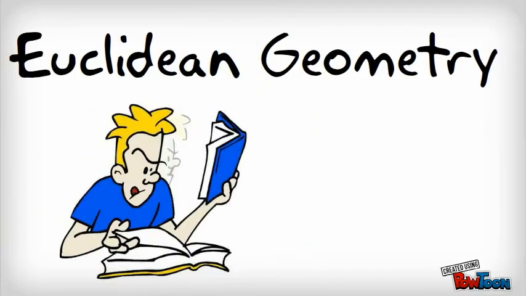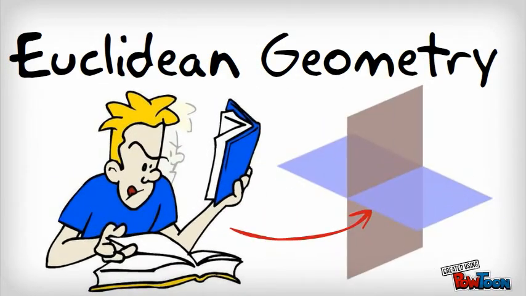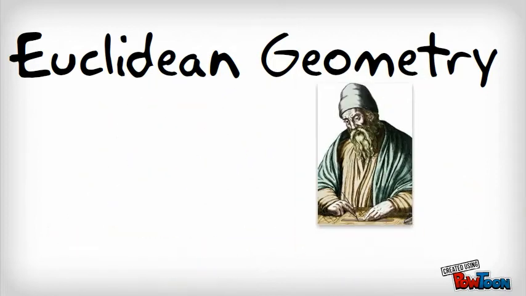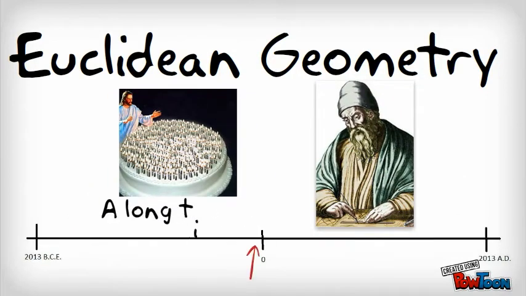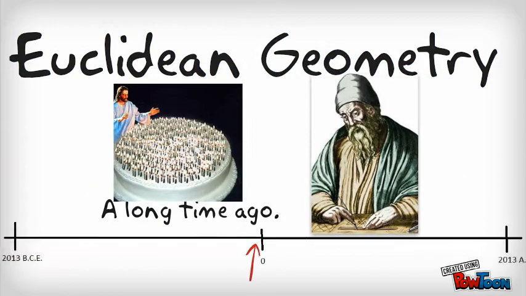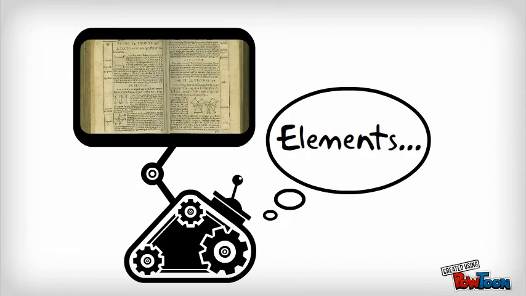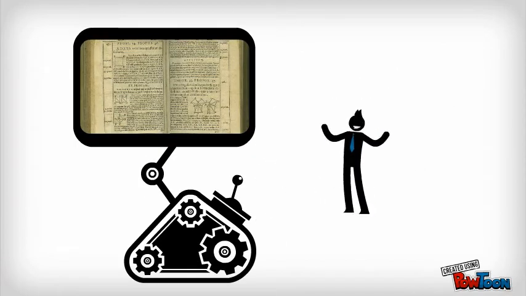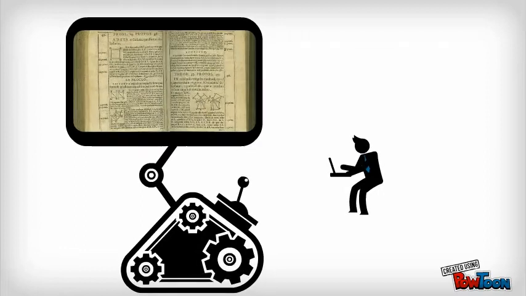Euclidean geometry is a systematic study of geometry on a plane that is named after the Greek mathematician Euclid, who died around 2,300 years ago. Euclid also wrote a book about his studies called Elements, which must be a pretty good book because scholars still use it today. Euclidean geometry is done on a flat surface in space that is infinitely large with no thickness, also known as a plane.